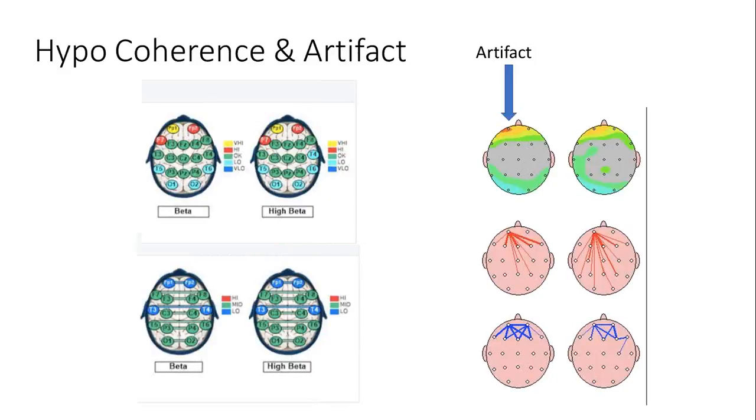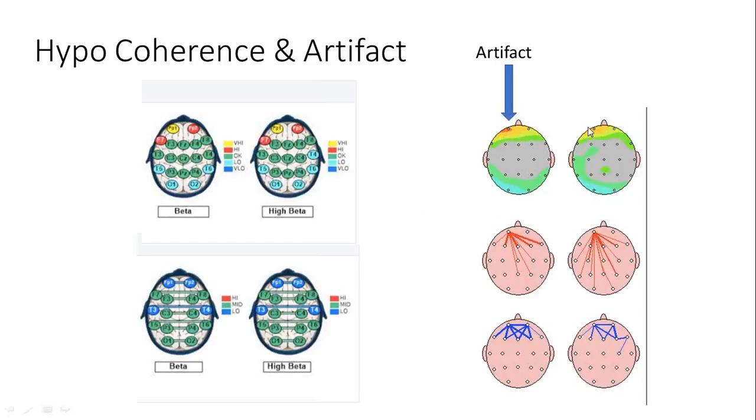Here we have hypocoherence in artifact. One of the things that occurs in artifact, FP1, FP2, this is artifact we're seeing here. It's beta artifact. One of the giveaways, as we always say, is that the high beta is elevated, and so we're getting leakage into the low beta, and we know this is artifact. But there's another way to tell that it's artifact, and that's that we see the high beta and the beta are hypocoherent. It was Bob Thatcher that first tuned me into this, and when I started looking at all the maps, I noticed that that was in fact the case, and so we use that as part of our calculation system to determine whether we're looking at artifact or not.